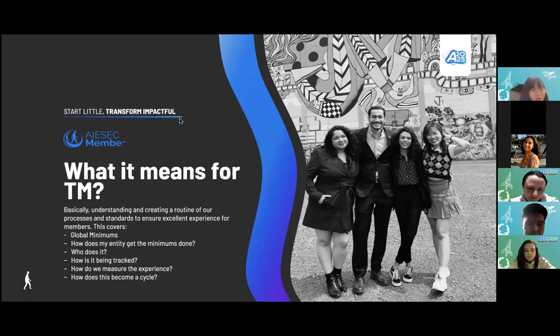Okay, thank you. Right. So the third point is who does it in your entity? Who does the MX standards? Now, some of the MX standards can also relate to external aspects, right? And we can take the example of BD, who is going to provide opportunities to members and alumni. Let's say this is something which, if just TM has to do, it'll be very difficult, and that's where the synergy is needed. Or we can also say the key resource of MXP is the BD product, BD portfolio, right?